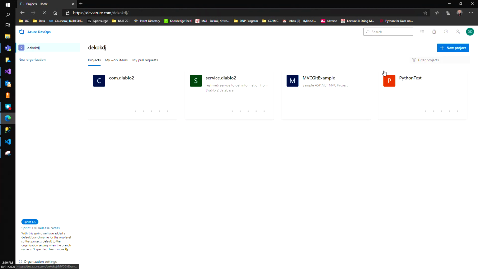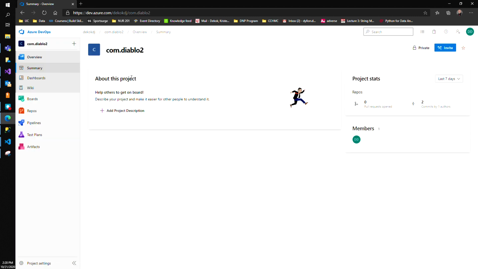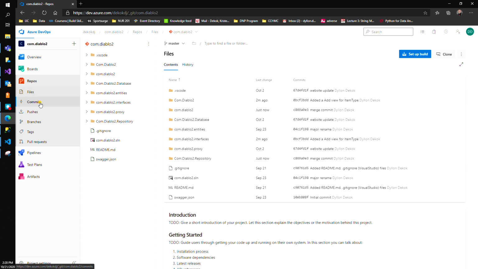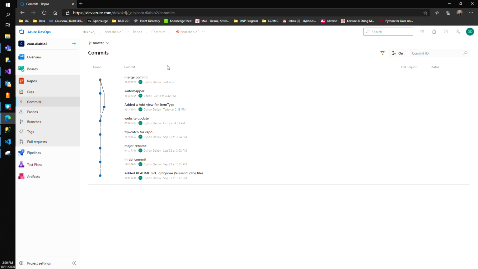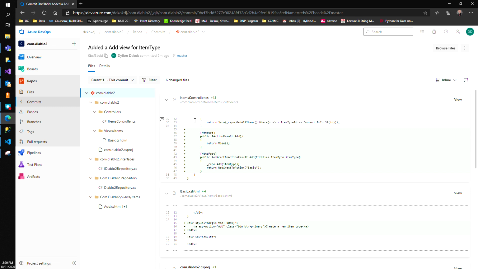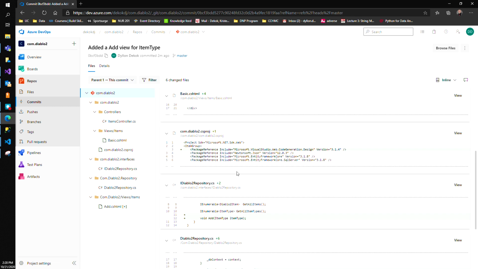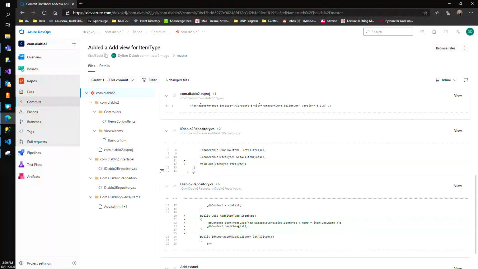I should probably have a shortcut for it. I believe it was my website. Let's go to repos, commits, and you can see here, added a view to my item type, and here's all of the information that I added. So I did a merge of some package references in my project file,